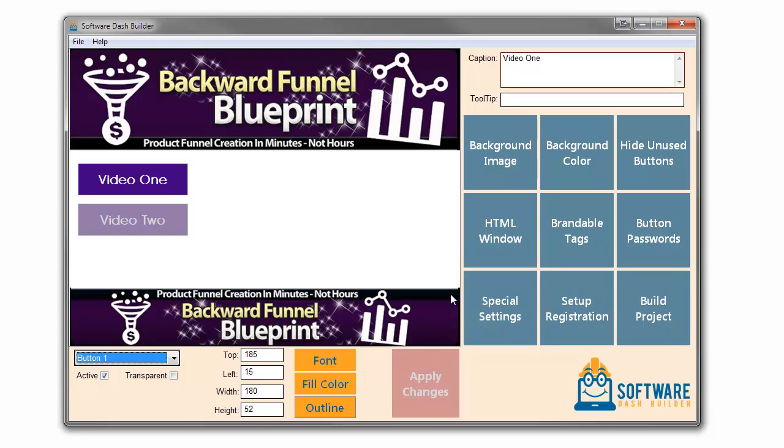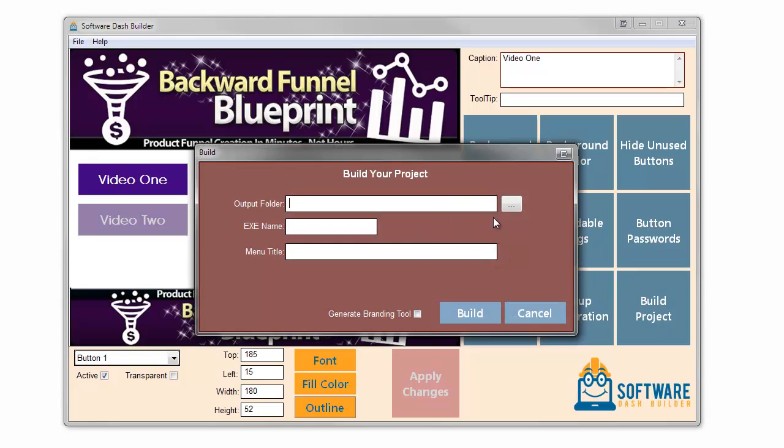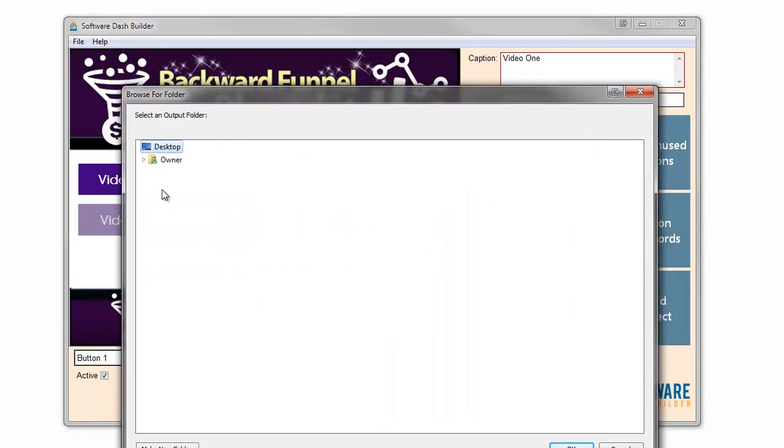So I just want to show you guys how easy this is. So we have a video set up. We can continue, obviously, to make our background buttons. We can make them as small as we want. We could fit a number of them in here. All right, but let's just show how easy this is to make. So we're going to go ahead and build this on our desktop.